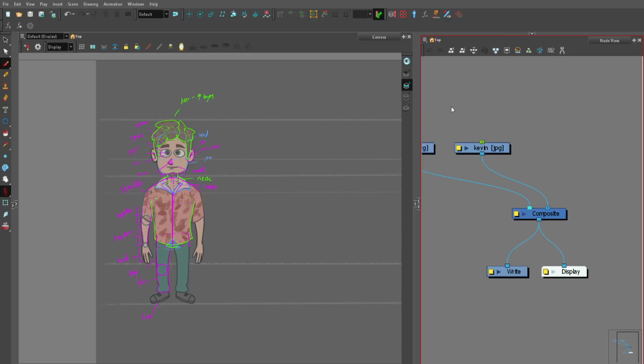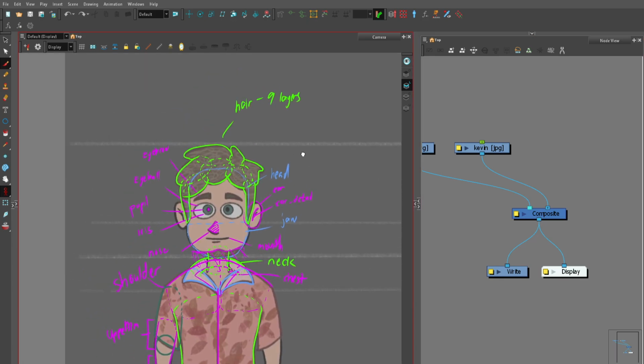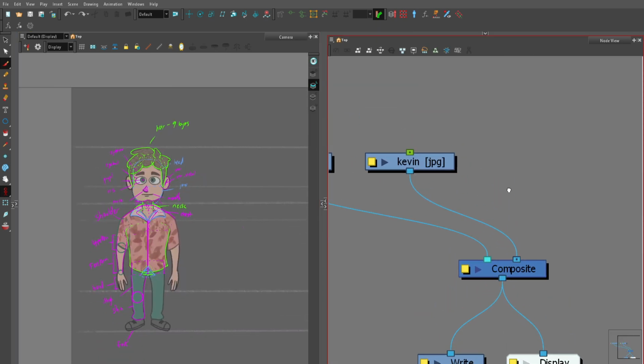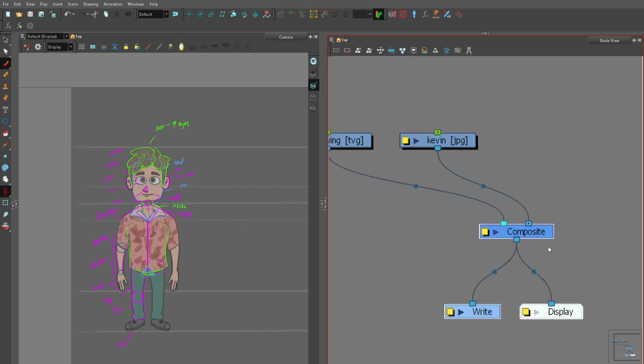For the next part of the tutorial, we're now going to create the needed layers based on the planning stage we have created a while ago. So I'll now go to my node view. Shortcut for drawing layers is Control R. But before I do that, to make everything organized,